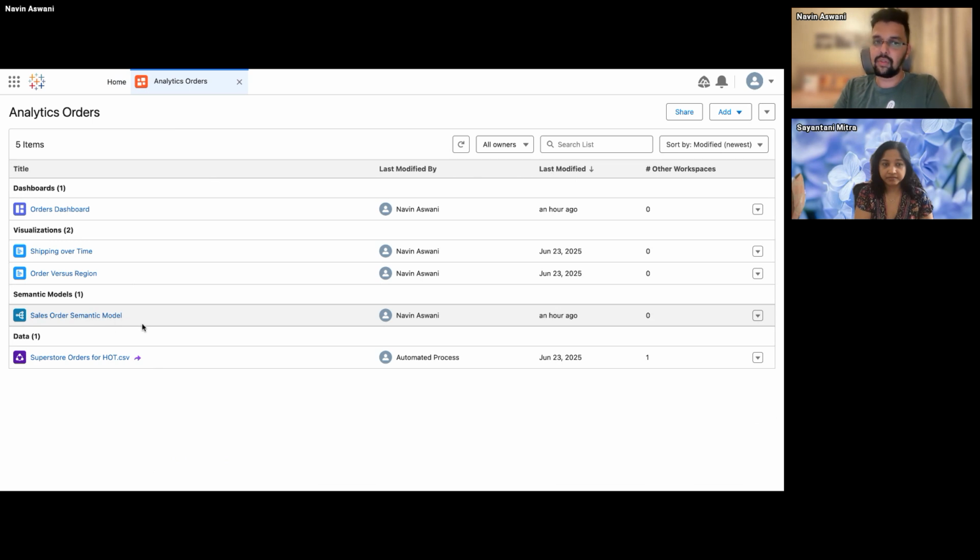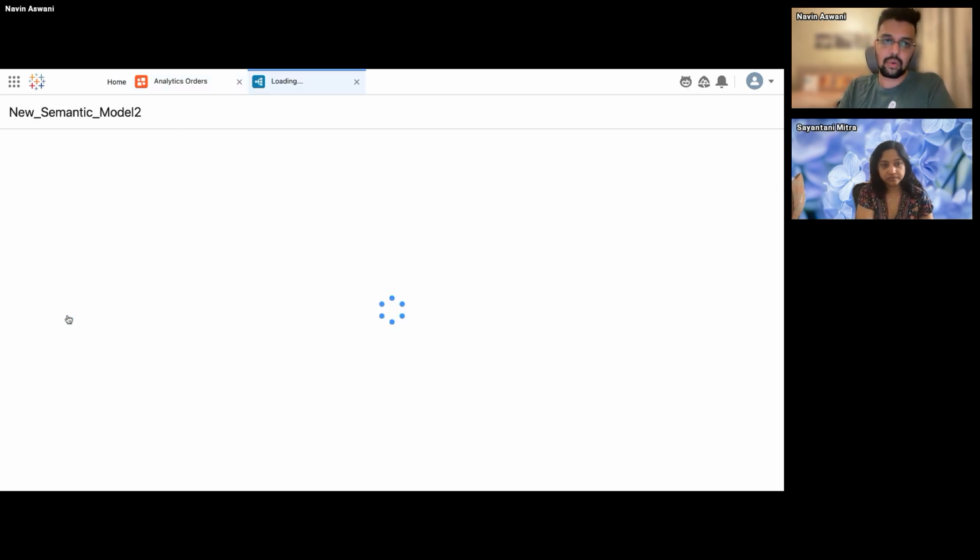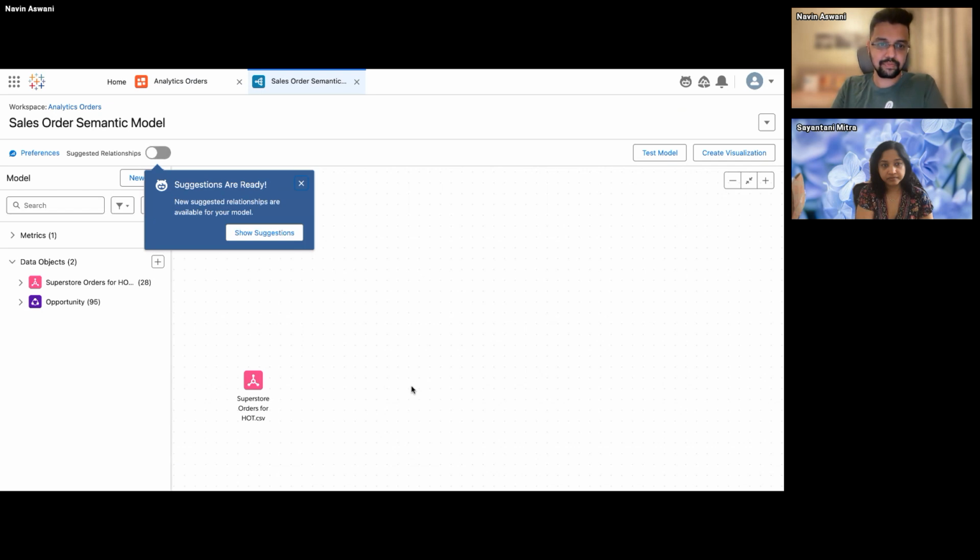This is where you have to define your data. This is a semantic model that is associated only with this particular workspace, and this is the data. So here it can be from the opportunity that you can handle directly from the semantic model that I'm going to show you, which has already been prepared. So let me quickly open this.